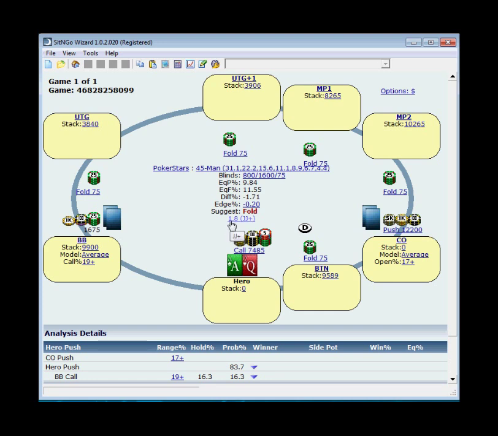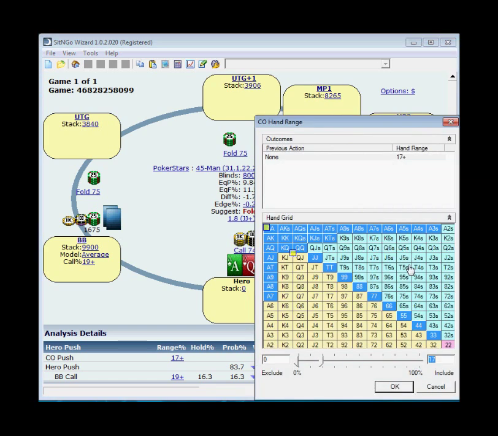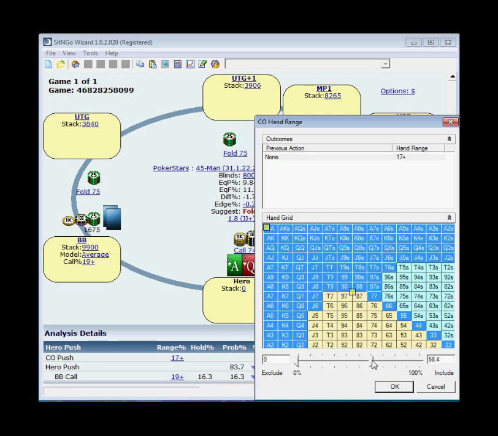As we mentioned before, the cutoff is an aggressive blind stealer, and since he covers the remaining players, he has even more incentive to be aggressive. I think a better range for this player is 60% of hands. This range includes almost every hand with a face card, but folds the worst hands. I don't think a range of any two cards is appropriate here, since Villain covers the big blind by a mere 600 chips, and he has to worry about